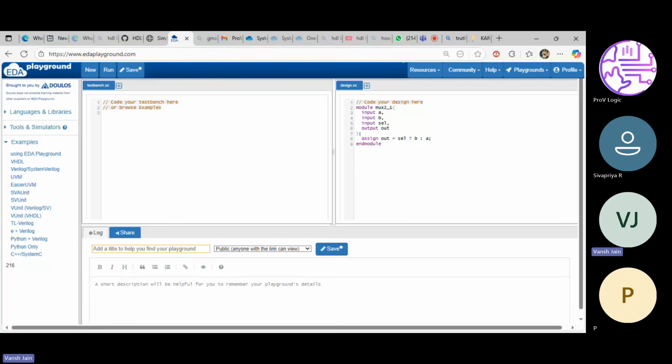If the select line is zero, out will be A. If the select line is one, out will be B. Yeah, that's correct. You're absolutely correct. We'll go for the next question.